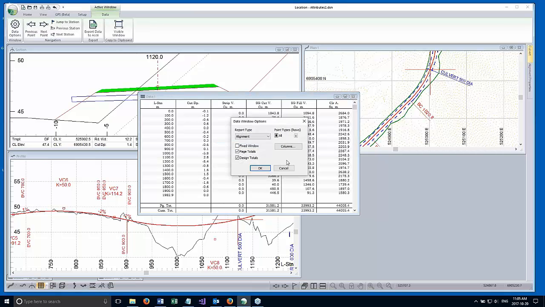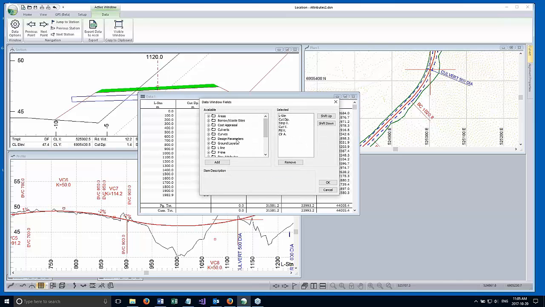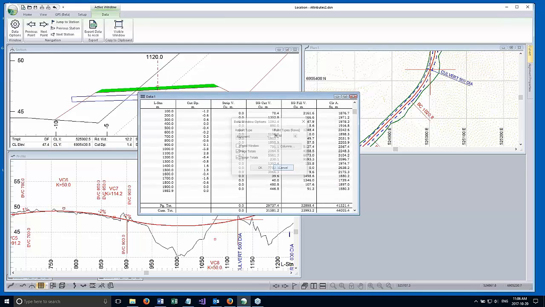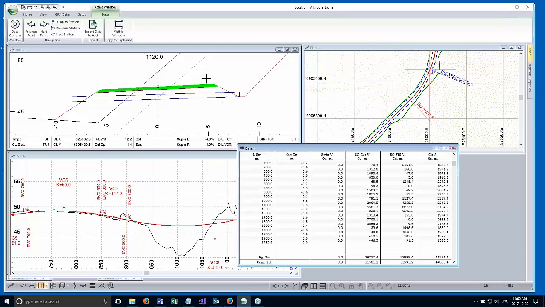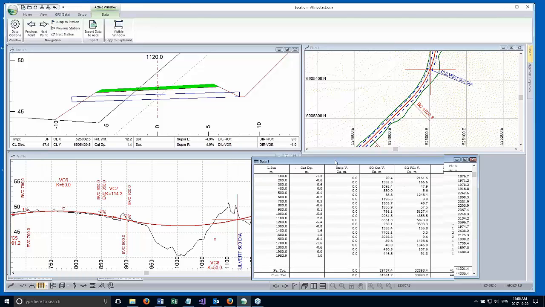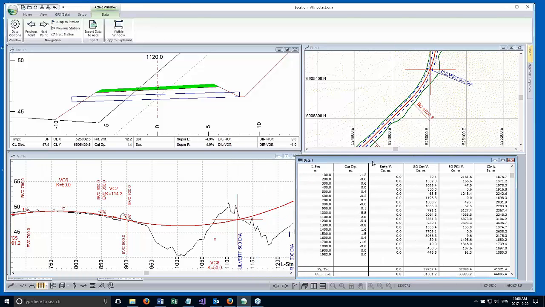If you go into the options and click on columns, you'll see all the available attributes. And similarly, in the other windows, you can configure the windows to report attributes, display them as labels, and so on. Before I talk about attributes, though, I want to go and discuss